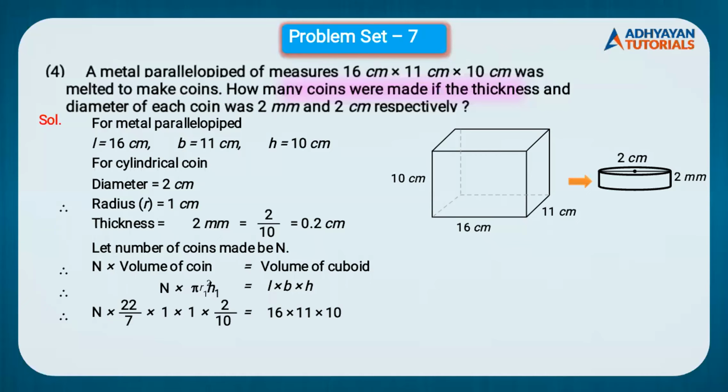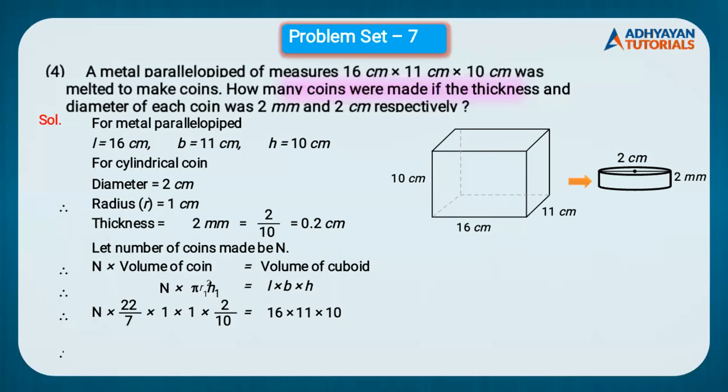Is it clear? Now students, somebody might be having a doubt. Here, how did we come to know that we have to take the value of pi as 22 upon 7 and not as 3.14? Students, here it is very clear, 3.14 will not satisfy the calculation. It will make our calculation slightly tougher. So 22 upon 7 is an easy way. You can take 3.14, but 22 upon 7 is the easy way. That's why I said this sum is a very important one.